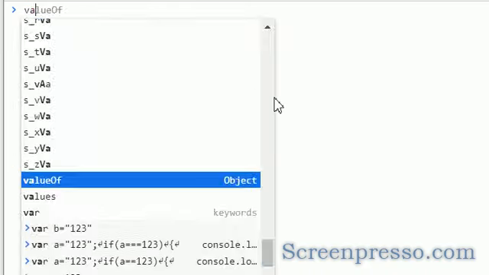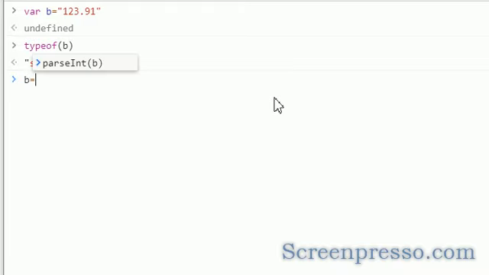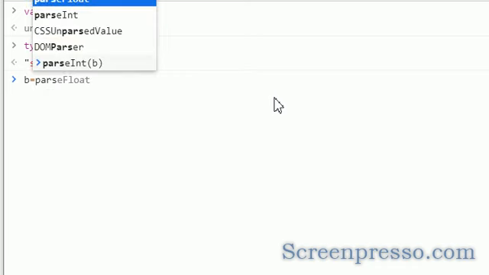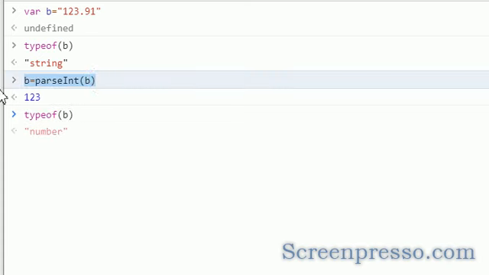Consider this where b equals 123.91. Now the type of b is string. Again I try to convert this with parseInt of b, and now we get 123. Here we should not use integer because it has a floating point, so we should use float.